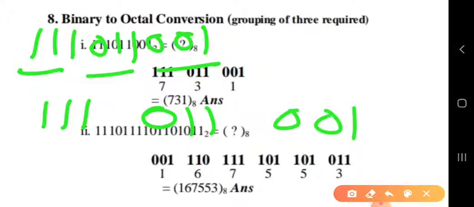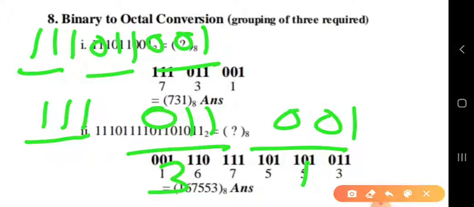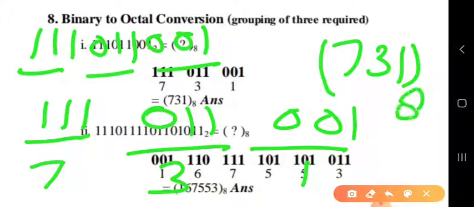Now go to my third lesson, in which I taught you about octal. In octal, I taught you what is this and what is this. This is the symbol for 1, this is the symbol for 3, and this is the symbol for 7. So the answer will be 731. This is the way to convert any binary number into an octal number.